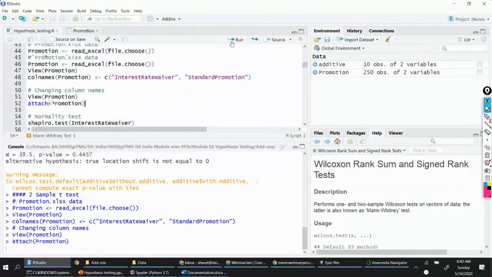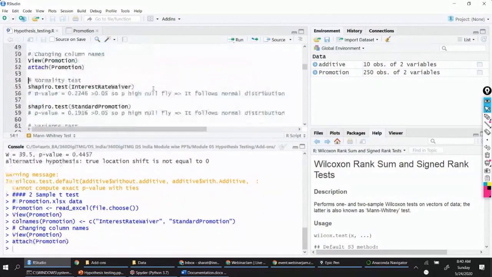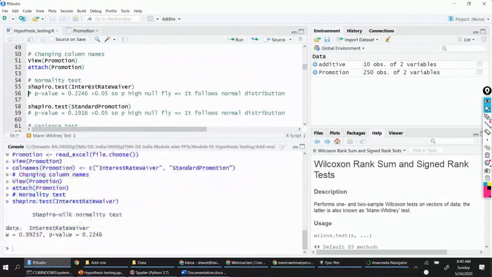So we attach the data, and then I'm doing normality test. Now all this while we were doing Anderson-Darling test. Now in this particular scenario, we are doing Shapiro-Wilk test. This is another test which is defined by another scientist. Shapiro-Wilk test basically is also verifying normality. Here also we check p-value, and